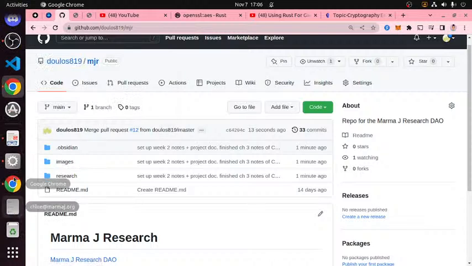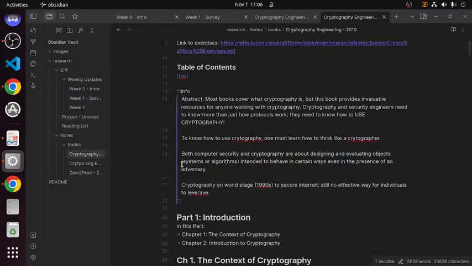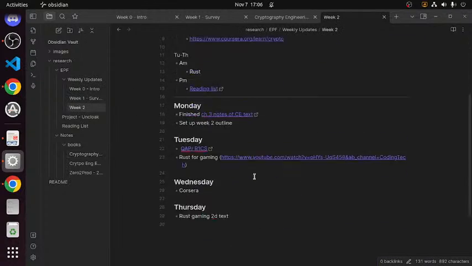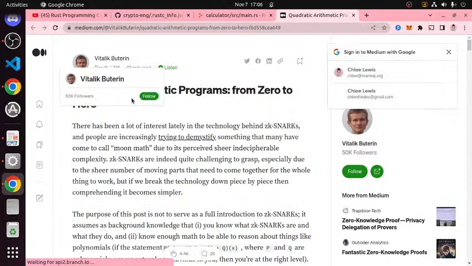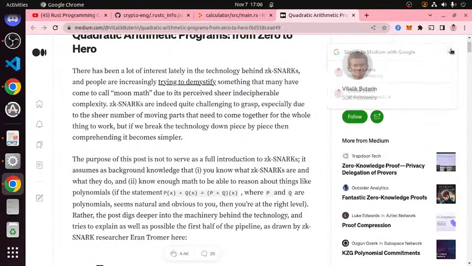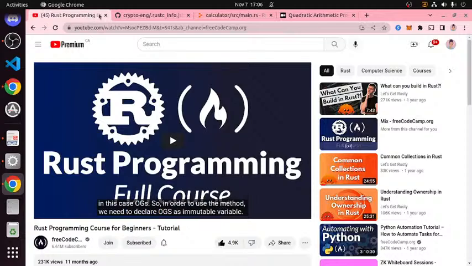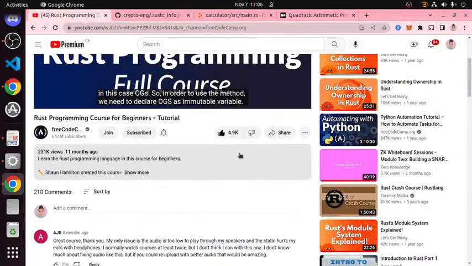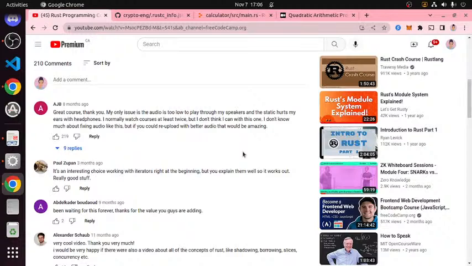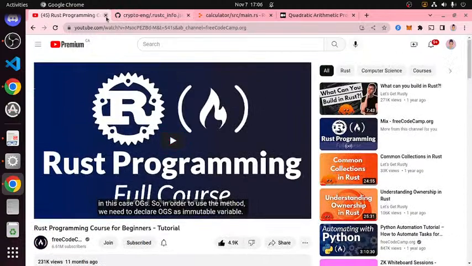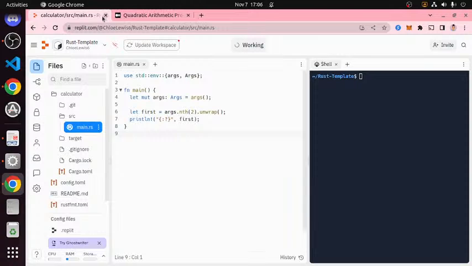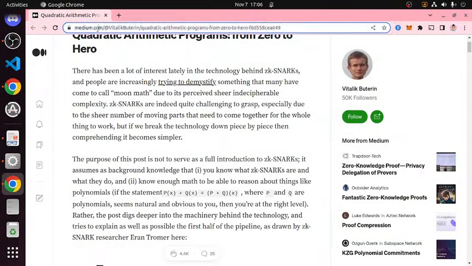Actually, you know what? I'm going to open it up so that I don't forget, because I will forget. So QAP. This isn't even the right browser to be opening this in. Why do I have this even open? Oh, I was doing something here. Yeah, delete that.